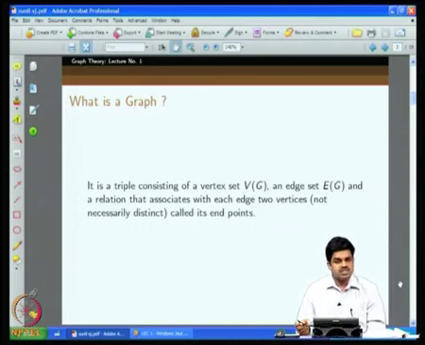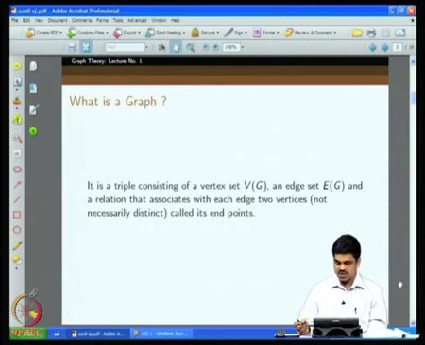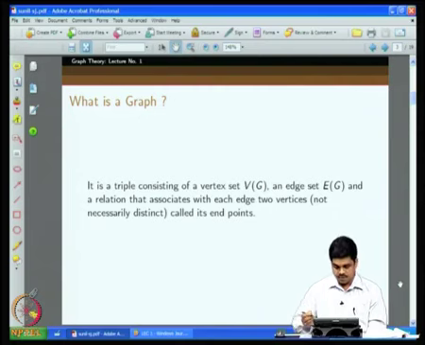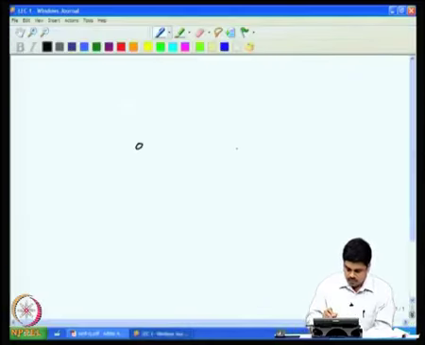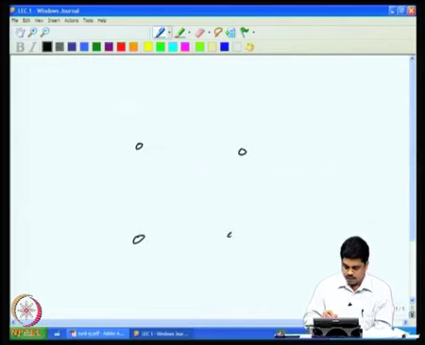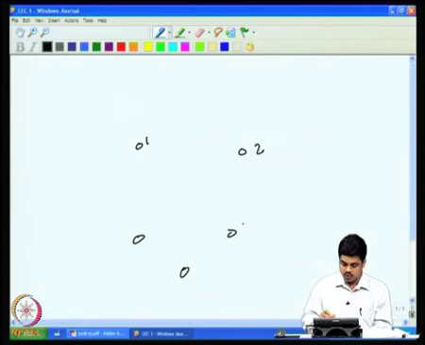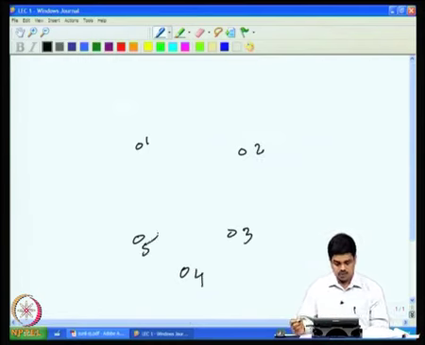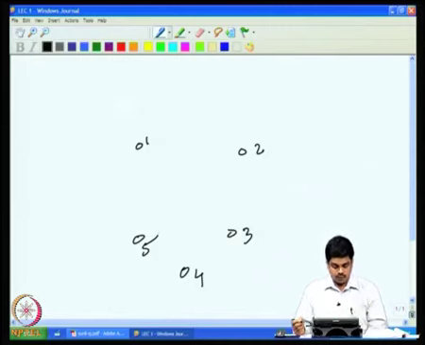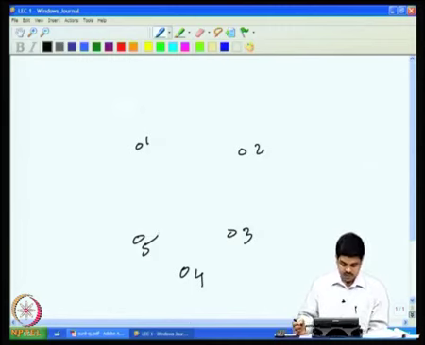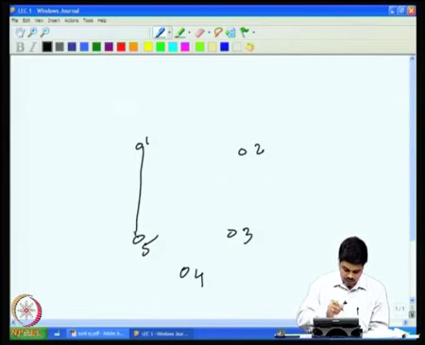So, it is much easier to represent a graph by a drawing. It can be like this. Let us say I am drawing these vertices: 1, 2, 3, 4, 5 are the set of vertices, and the edges can be say E1,